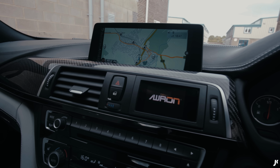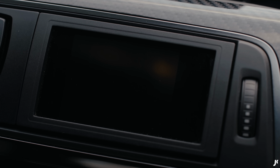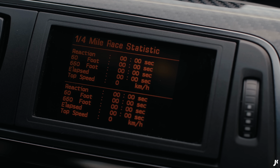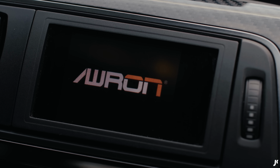On the inside, we've got this Ouron gauge. This thing's amazing. It basically tells you everything about your car and what it's doing. Boost pressures, how much horsepower the car's putting out, 0 to 60 timers, 0 to 100 timers, lap timers, all your temperatures. It measures the G's when you're turning or accelerating. If you're a bit geeky with your cars and like looking at all this information,